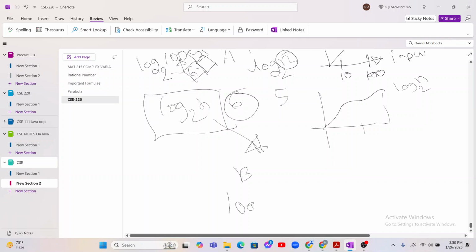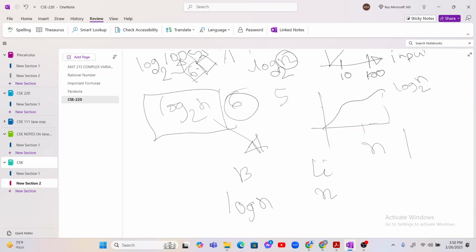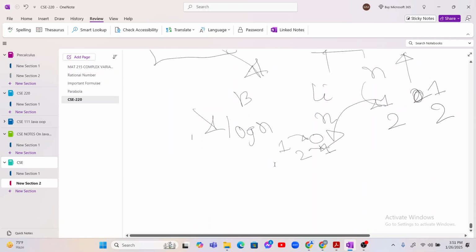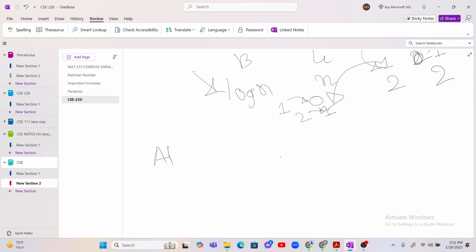বাইনারির ক্ষেত্রে আমার ফাংশনটা দাঁড়ায় লগ এন, লিনিয়ারের ক্ষেত্রে ফাংশনটা দাঁড়ায় এন। দুইটার মধ্যে এন এর রেট অফ গ্রোথ বেশি। ইনপুট যদি আমি 1 বাড়াই, তাহলে ফাংশনের ভ্যালু 1 বাড়বে, 1 থেকে 2 বাড়ালে 2 বাড়বে। কিন্তু লগ এন এর ক্ষেত্রে 1 বাড়ালে 0 আসে, 2 বাড়ালে 1 আসে। তার মানে এটার রেট একটু কম। লগ এন এর যেহেতু রেট কম, এই জন্য লগ এনটা বেটার, কারণ এটা টাইম কম নেয়, অপারেশনস কম নেয়, প্রসেসিংটা কম হয়, এজন্য লগ এনটা বেশি ভালো।